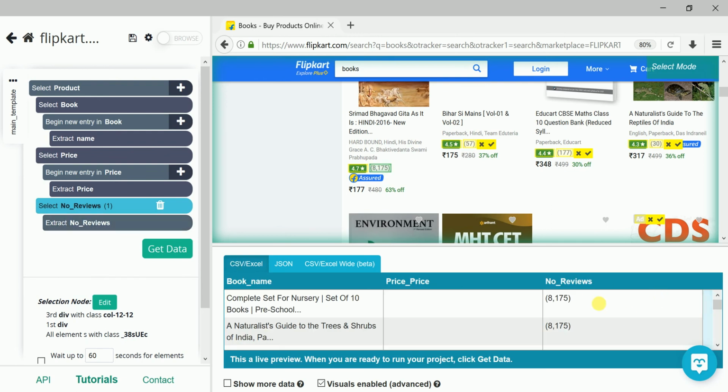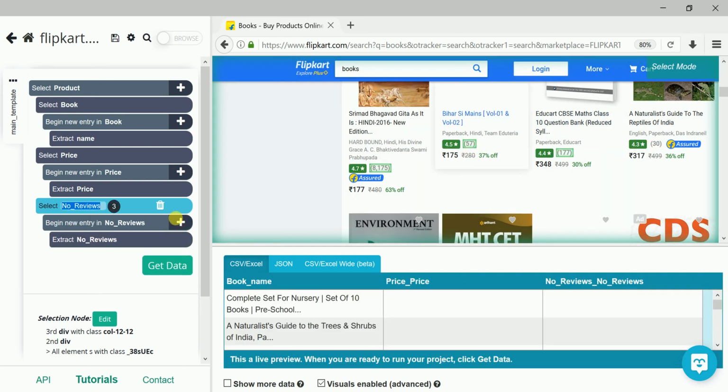Once it is done, I'll expand this. Okay, there is no URL, so we don't need to delete. Then I record the review form here also, number of reviews, so I'll select here. You can see only 3 are selected. I record, but for 40. As it is unable to detect the others, until and unless it is able to detect all the things, you need to select one after the other.